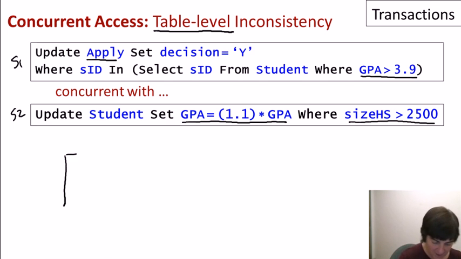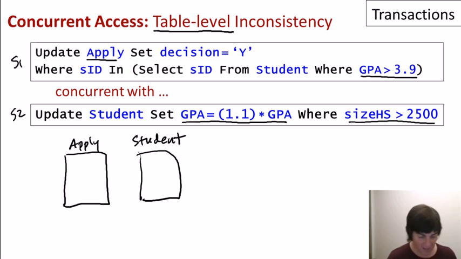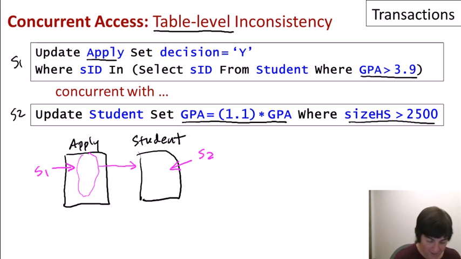So here we have the apply table, we have the student table, we have the first client, S1, working on the apply table, but the conditions in which apply tuples are updated depend on probing the student table. Meanwhile, we have client S2 that's modifying the student table. So what happens in the apply table can depend on whether it occurs before or after or during the modifications